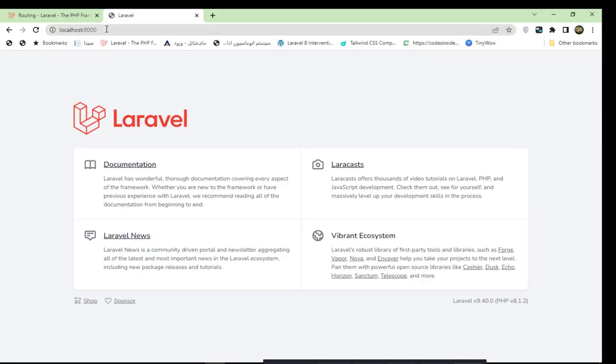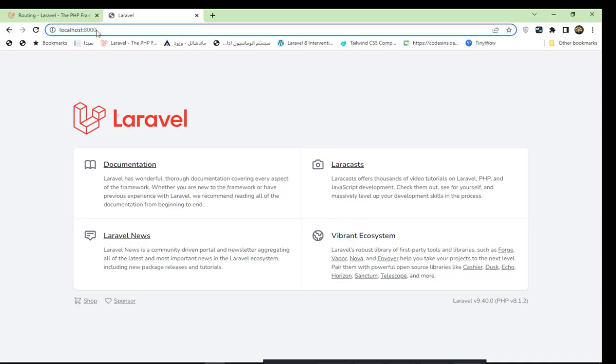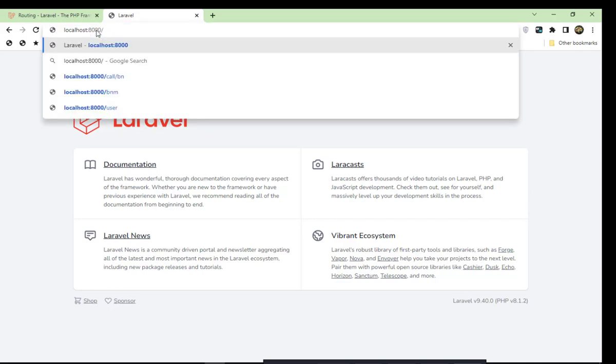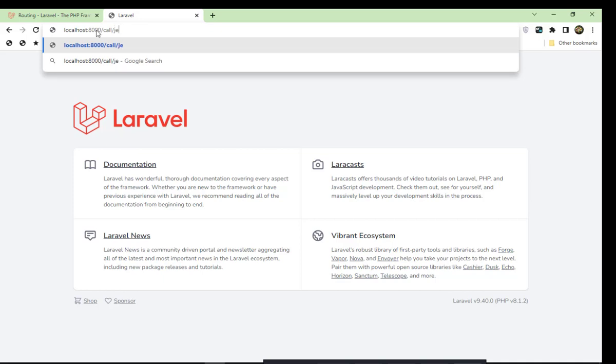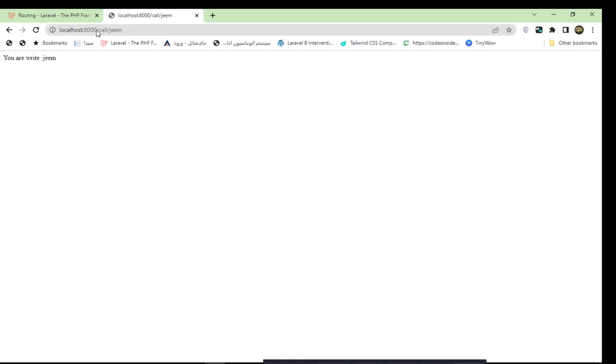You can see here our project is working fine. Then slash, then route name, call, then for example name, gym, enter. You can see here, you are right gym. This shows us that